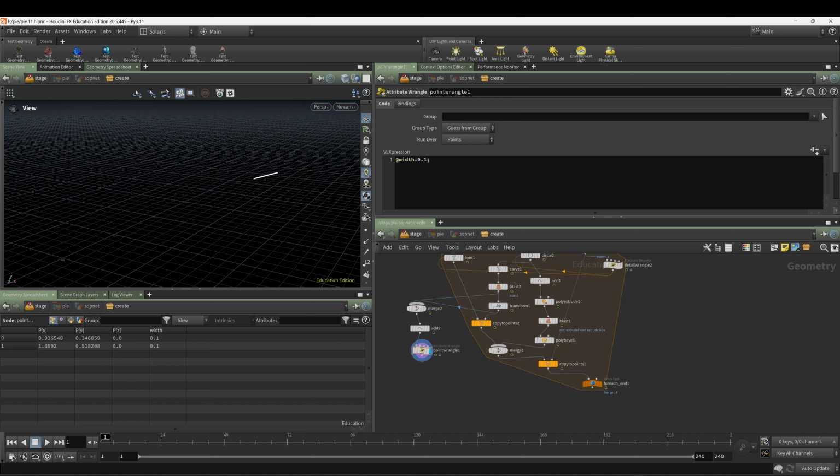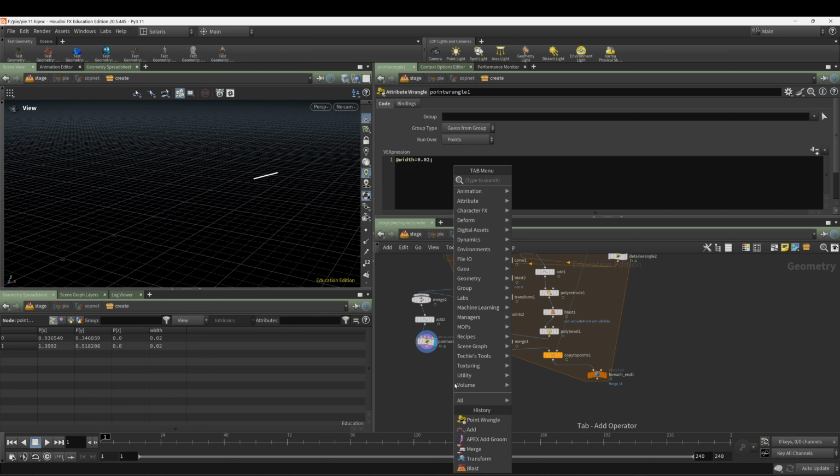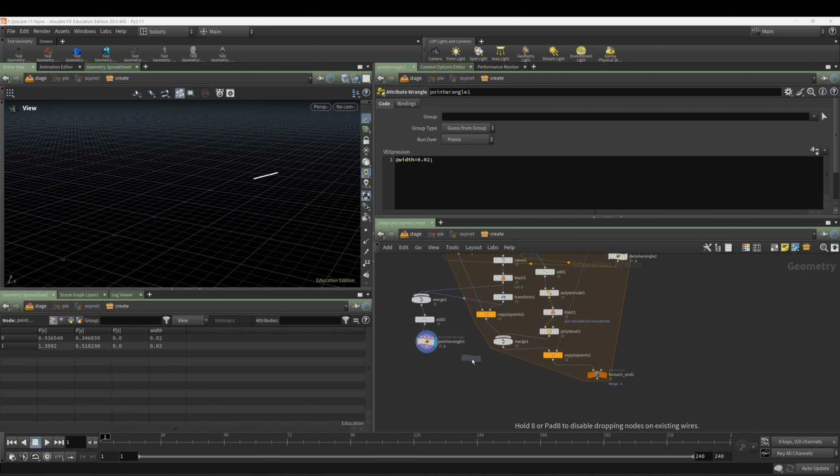I set it to 0.02. I guess it was really huge. So yeah, 0.2, cool. And good practice, we may as well name it too while we're here. So with a primitive wrangle, I'm going to do this and just say @name equals line. That way we can differentiate it when we're working with materials later. And then we're going to take that and stick that in our overall merge here